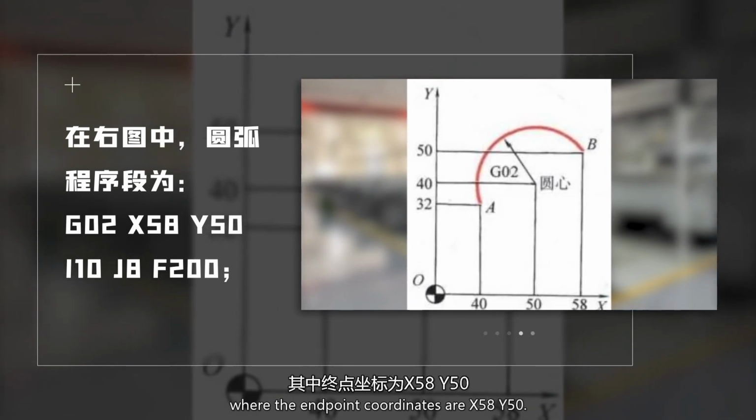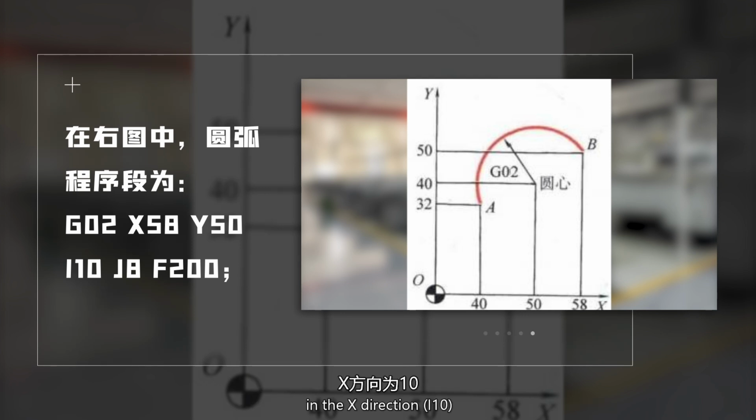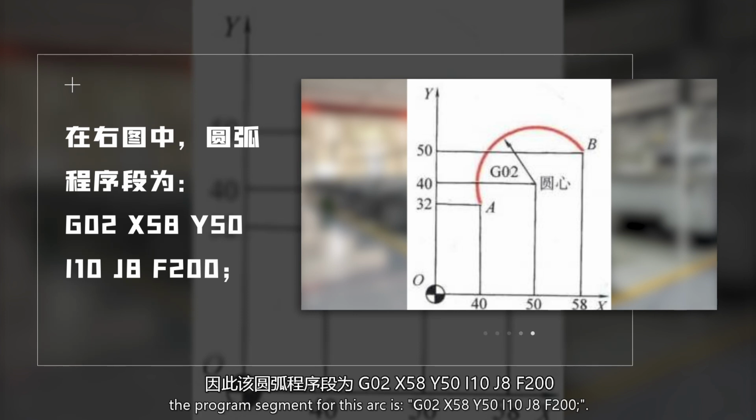the endpoint coordinates are X58, Y50. The incremental distance from the arc's start point to the center is 10 in the X direction, I10, and 8 in the Y direction, J8. Adding the feed rate F, the program segment for this arc is G02 X58 Y50 I10 J